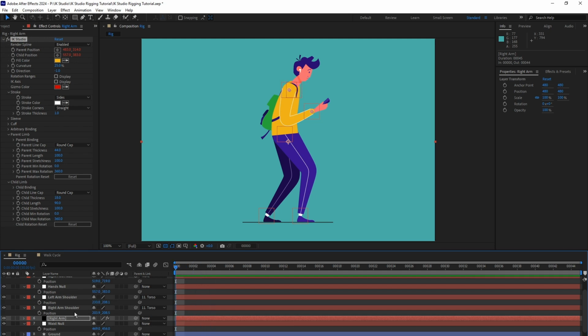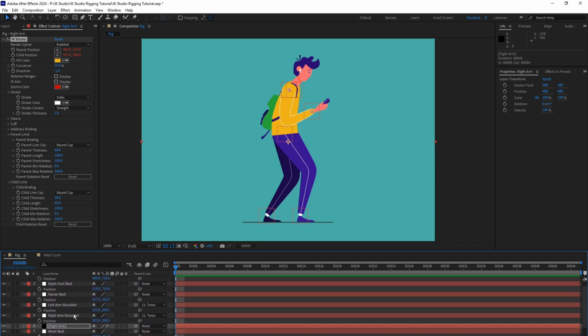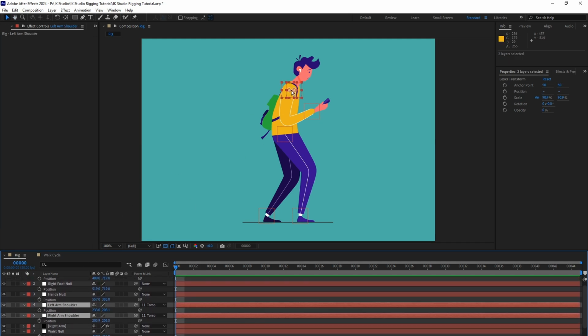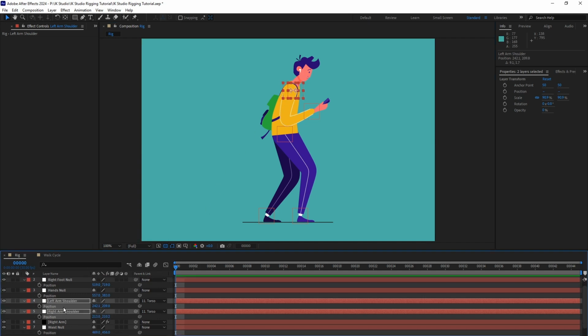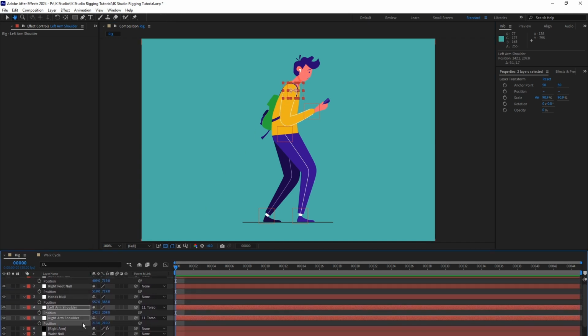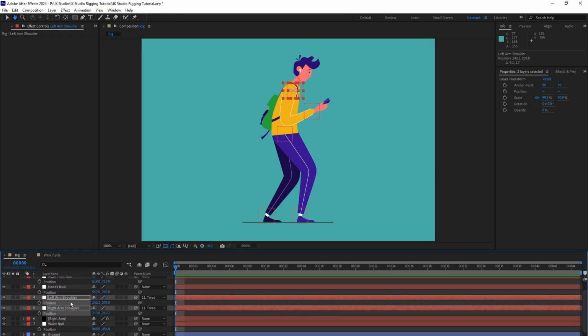I think I want to make some adjustments to my shoulders because it's peeking out a little bit. So I'm going to grab my left shoulder and right shoulder. Let's move those down a little. That looks good. And now let's do another test. If I grab my waist null,